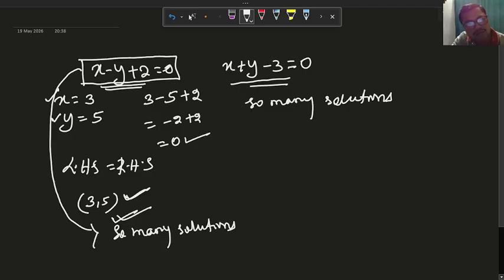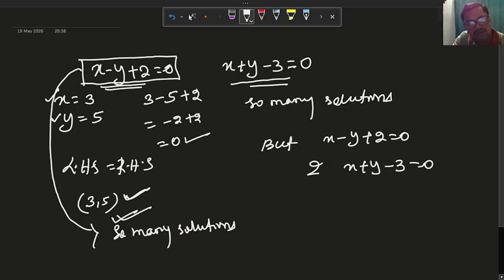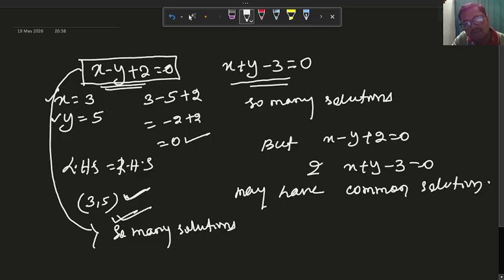Okay. But these two equations may have a common solution,